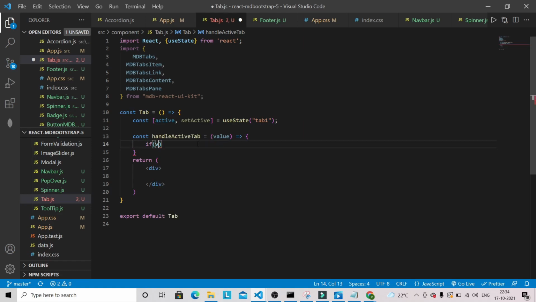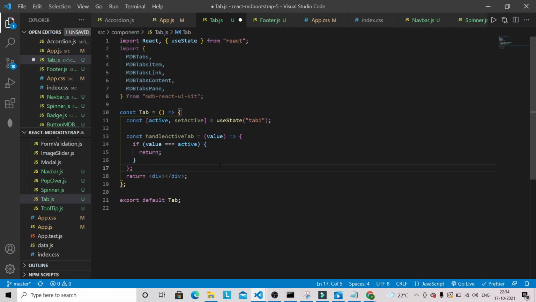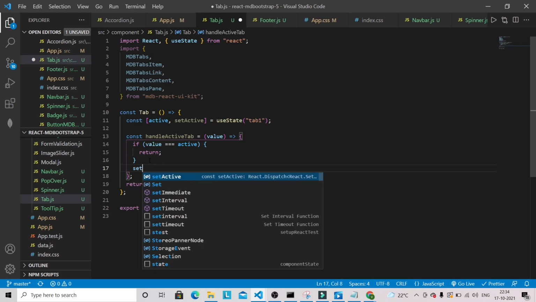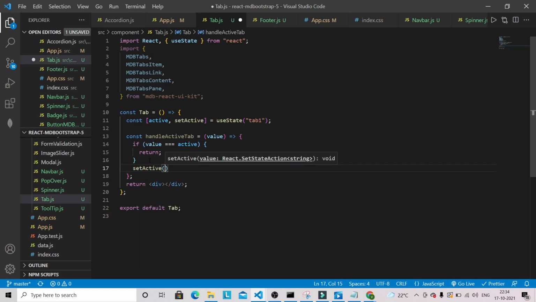So if value is equal to active, then return. Okay, that's it. Okay, and then we just have to do a setActive, and we have to pass this value.